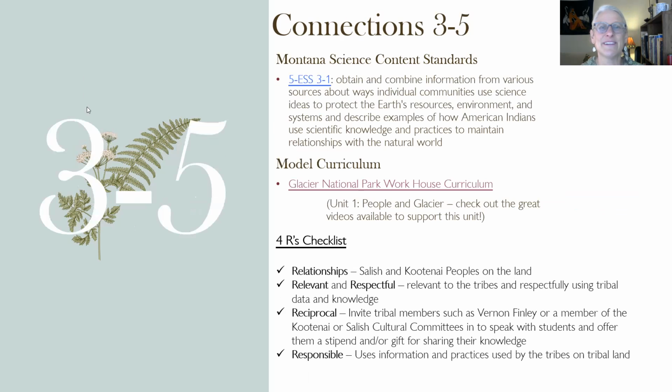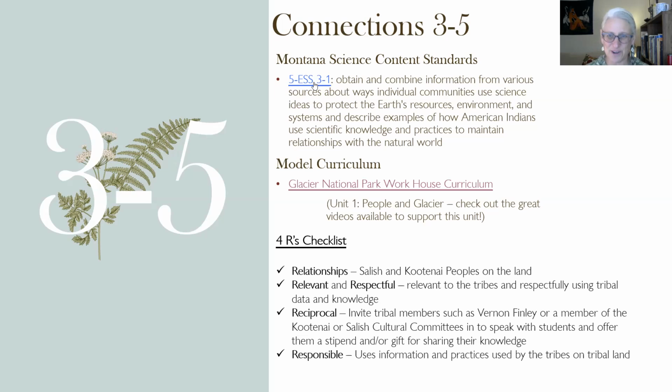So connections 3.5. Again, here we have the science standard. That's going to relate back to the Next Generation Science Standard. This one is obtain and combine information from various sources about ways individual communities use science ideas to protect the Earth's resources, environment, and systems, and describe examples of how American Indians use scientific knowledge as practices to maintain relationships